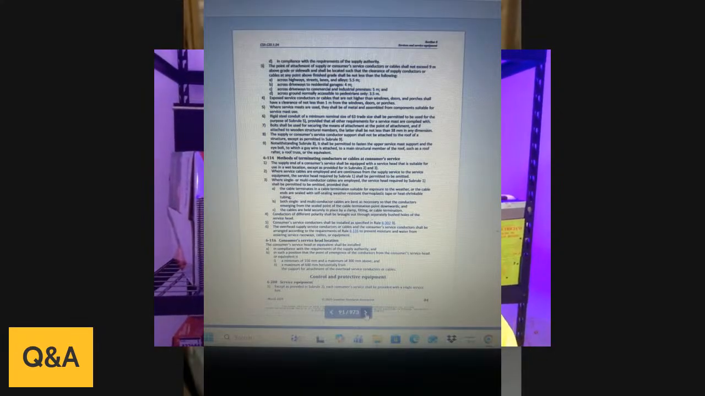Here. So it goes, method of terminating conductors or cables at consumer service. The supply end of the consumer service shall be equipped with a service head that is suitable for use in a wet location except as provided for in subrules 2 and 3. Where service cables are employed and are continuous from the supply service to the service equipment, the service head required by subrule 1 shall be permitted to be omitted when single or multi-conductor cables